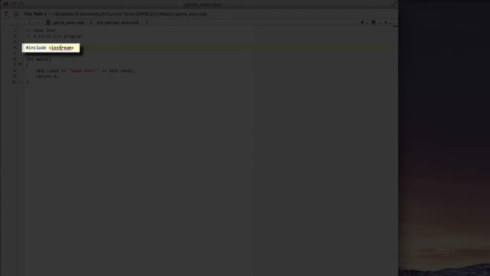The file name that we've indicated is IOStream. Now, IOStream is part of the standard library. It contains the code that helps me display output on the screen. I've surrounded the file name with a less than sign and a greater than sign. What this does is it tells the compiler, find IOStream wherever you keep all of the files that are included